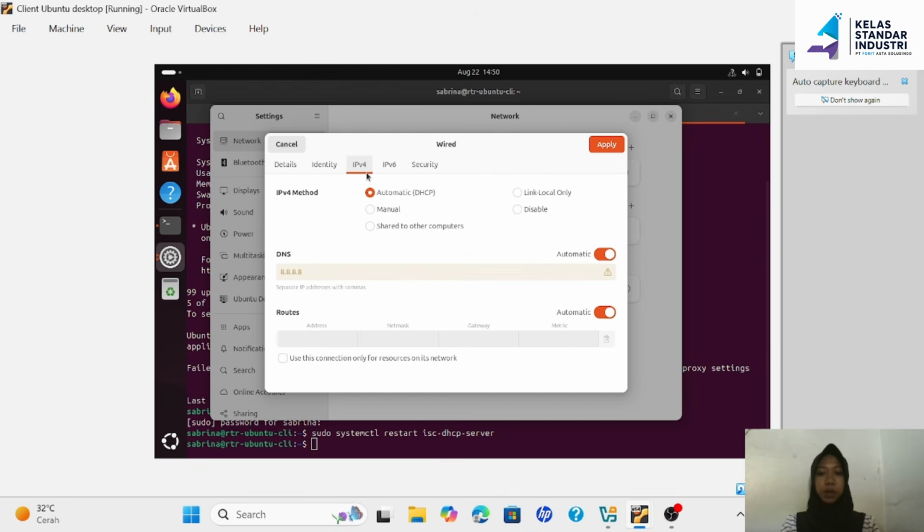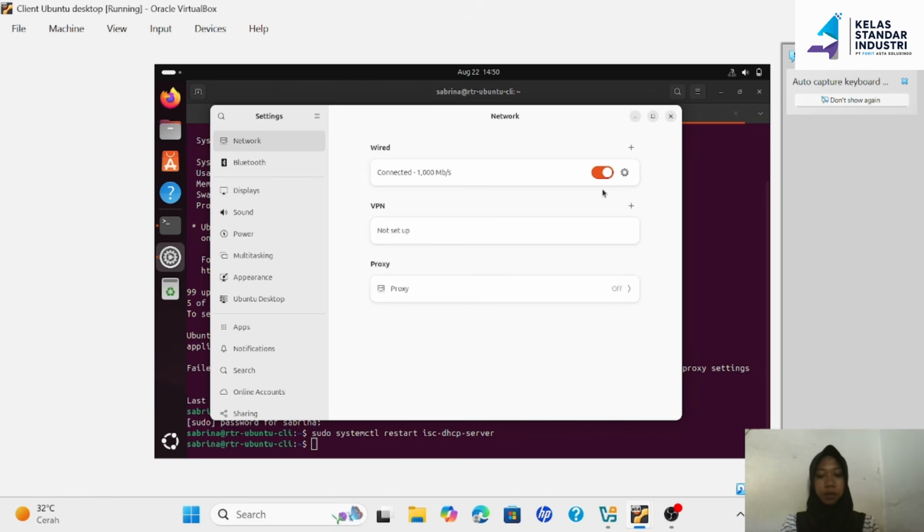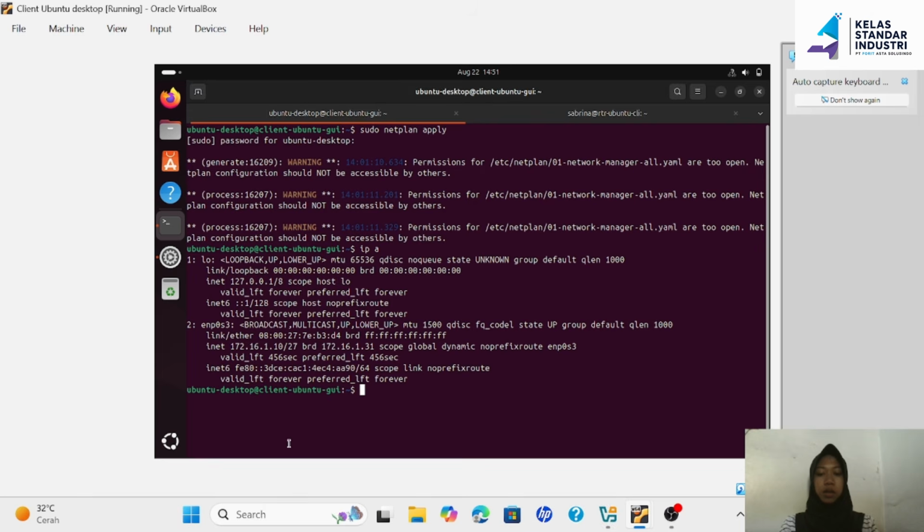Go to IPv4 and change it to automatic and click apply. Okay, after that we turn off the connection and turn it on again. Okay, then type sudo netplan apply, then ip a. Here we get an IP address automatically, which is